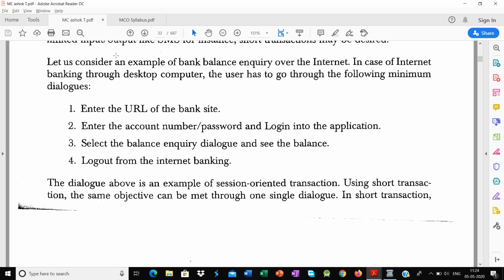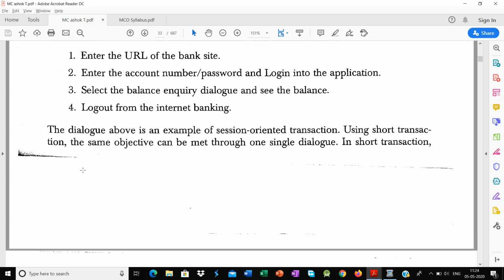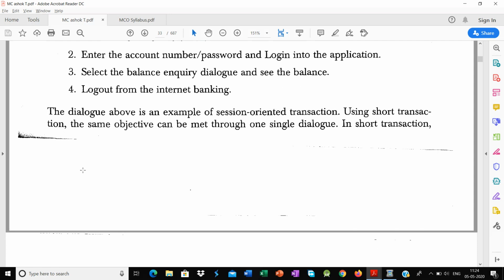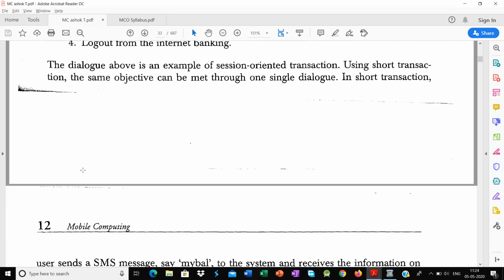So in the first, you have to perform the minimum dialogues. क्या क्या करने पड़ेंगे? First of all, enter the bank site URL, enter account number, password, and just log in. Select the balance inquiry dialog, see the balance and log out from the internet banking. So this is one example of your session oriented transaction, and using short transaction the same objectives can be achieved,